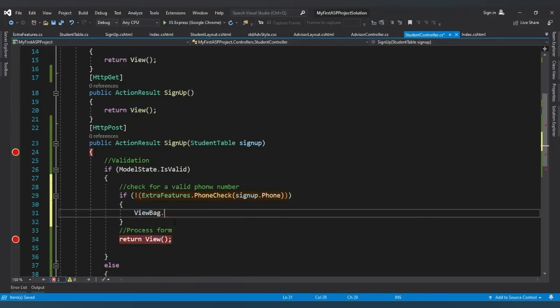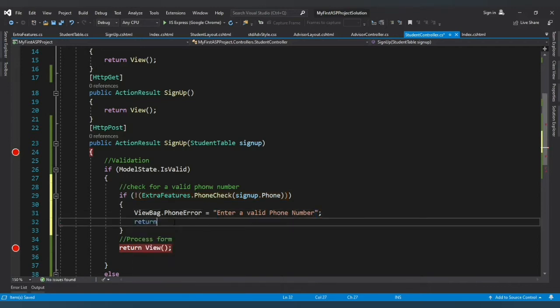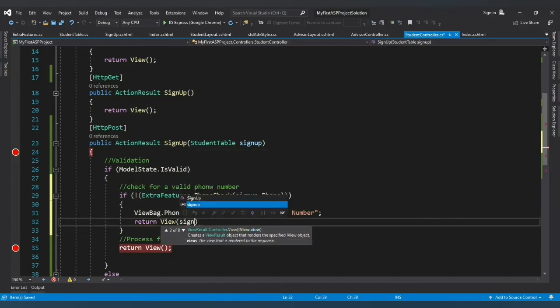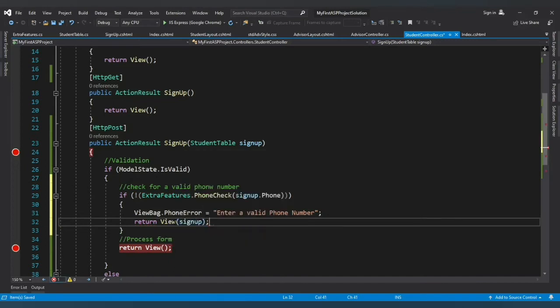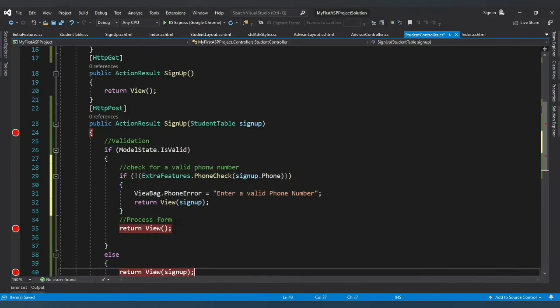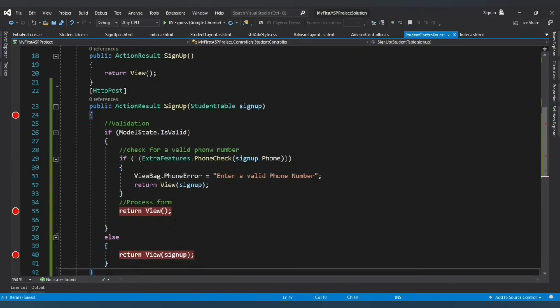dot phone. We send an error message particularly for the phone, and we will say, enter a valid phone number, and we would return the view with the object. Alright,